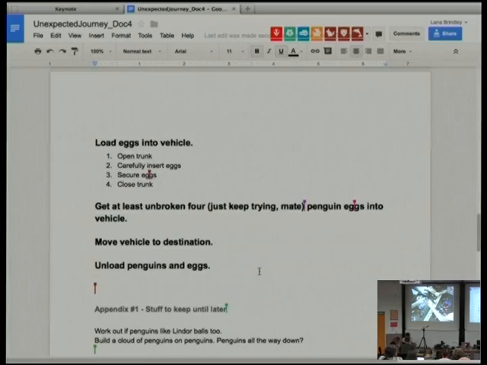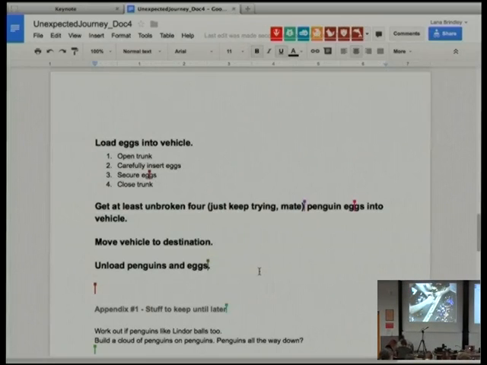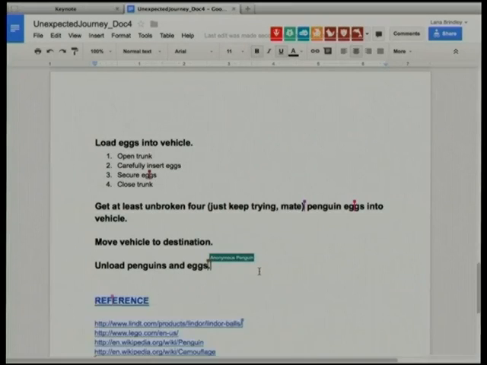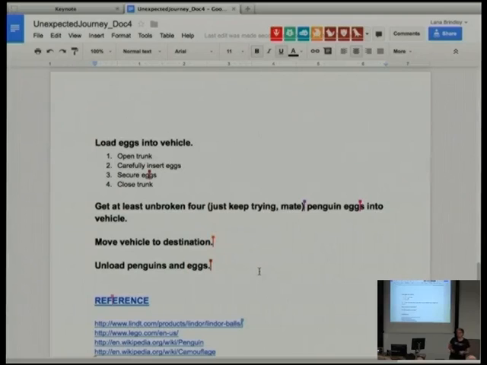I have done whole presentations just on writing processes. Writing processes is really, really hard. And it feels like it should be easy, right? Because we see processes all the time. And I mean, every single badly translated manual that you get for every single cheap little bit of crap that you buy has steps in it. And it should be easy. It seems really logical. Sometimes, especially with very highly technical things, it can actually be really difficult to work out where one step ends and the next step begins.